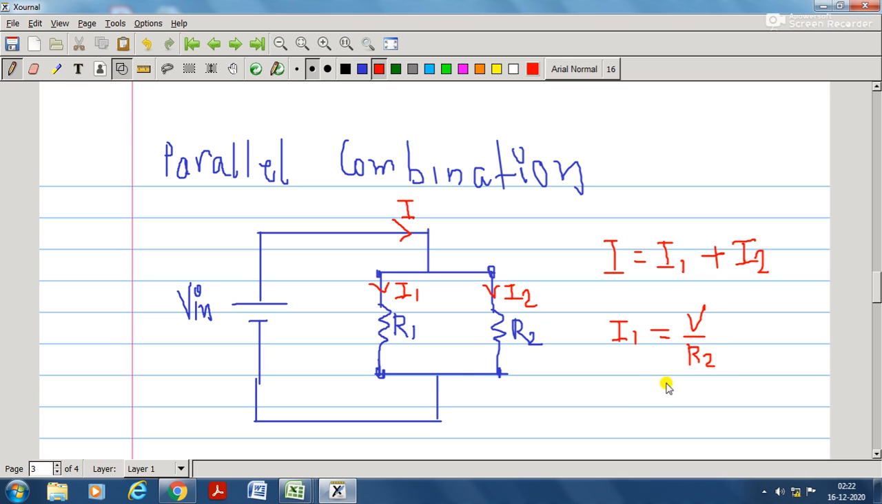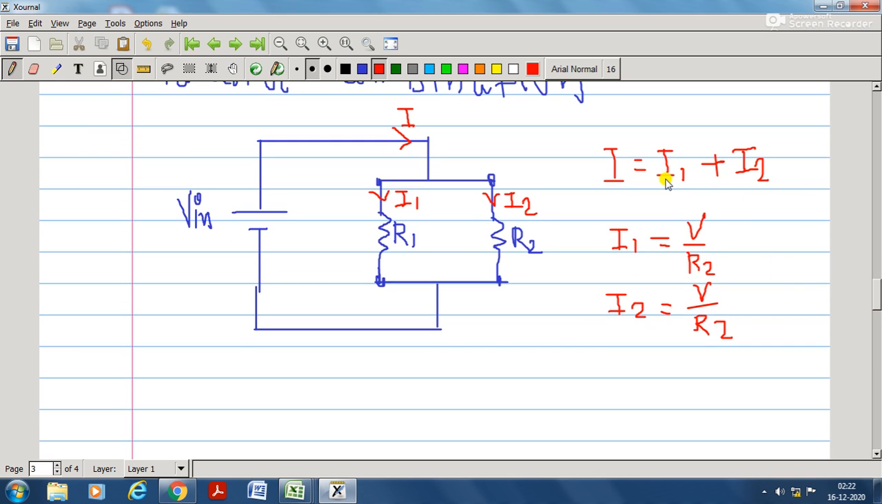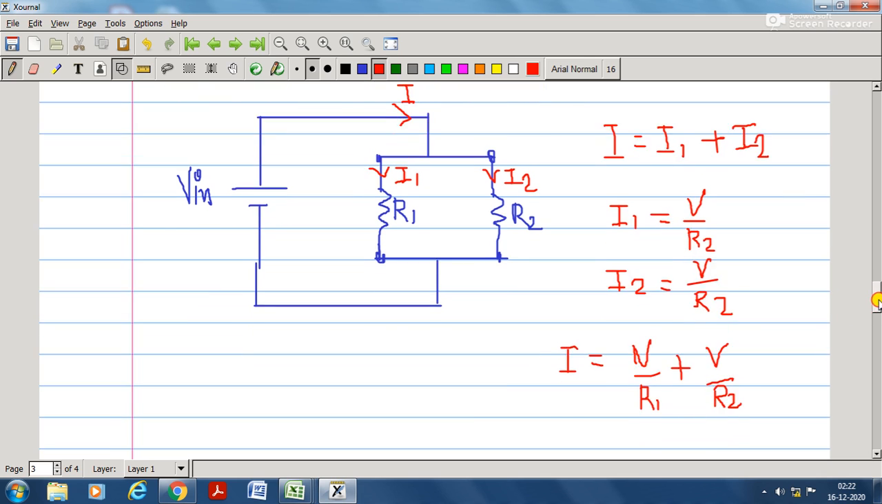In the similar way we can write for I2 also. So I2 can be given by V upon R2. When we substitute here in this equation, we can write a final equation which is I equal to V upon R1 plus V upon R2. Now if we replace this R1 R2 combination with an equivalent resistor,